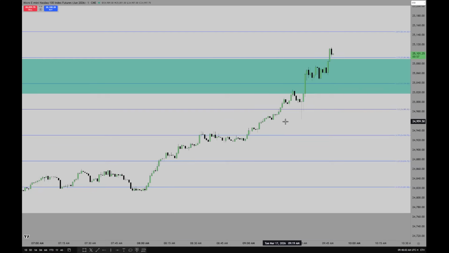And we left perfect relative equal lows. Look at the low. You're looking at this price up here, upper left-hand corner. That candlestick's low comes in at 24,962 even. So 62 even, and then this candlestick's low is 64 quarter. So it's 2.25 handles higher of a low than that one.